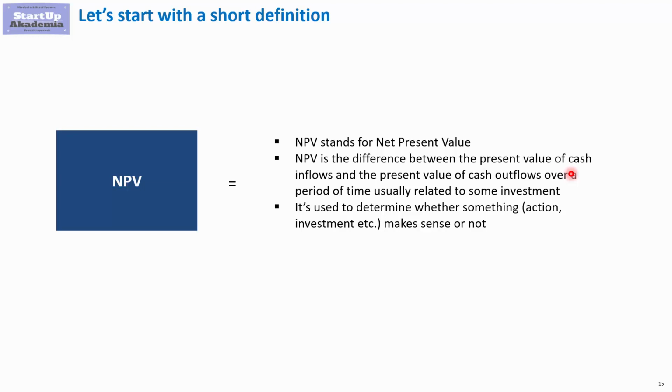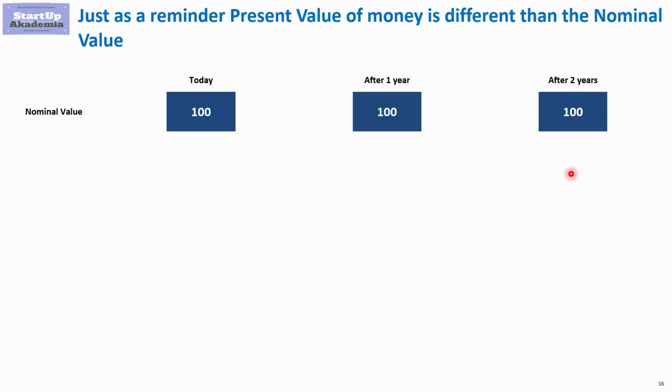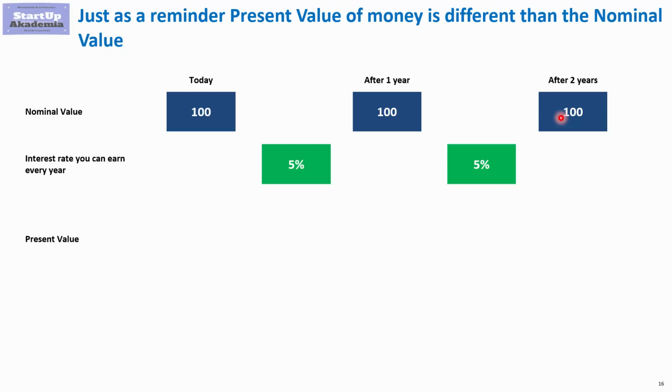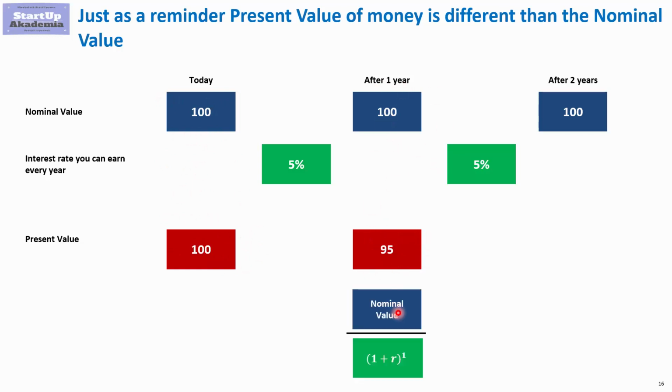So let's have a look at the example, but before that, a short reminder of the time value of money. So in the previous lecture, we said that nominal values are one thing, but you always have to rather look at the present value. And in order to calculate that, you need the interest rate. And on the basis of that, you can calculate the present value of those $100 that you get in different point of times. So the 100 that you get today are worth the 100. But the 100 in one time, they're worth actually only $95,